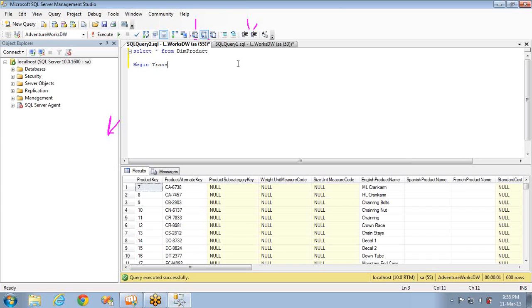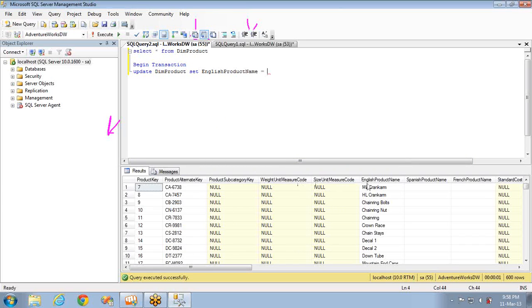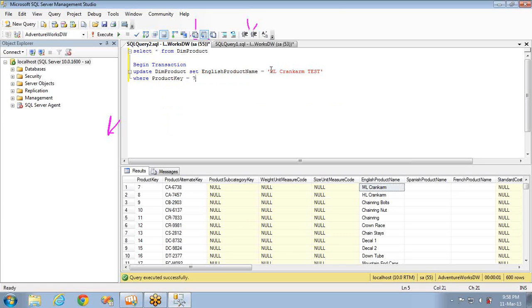Begin transaction, and an update statement: update DimProduct set EnglishProductName equal to, this is the original name, I'm setting this name as extra test, where ProductKey is equal to 7.